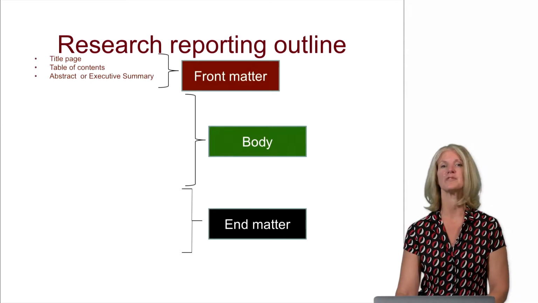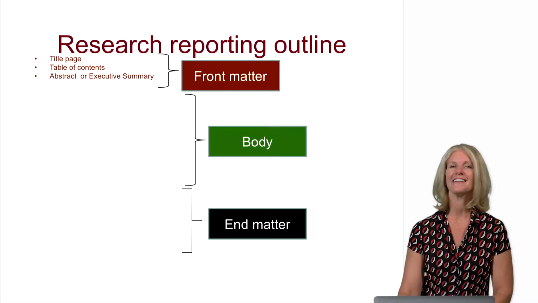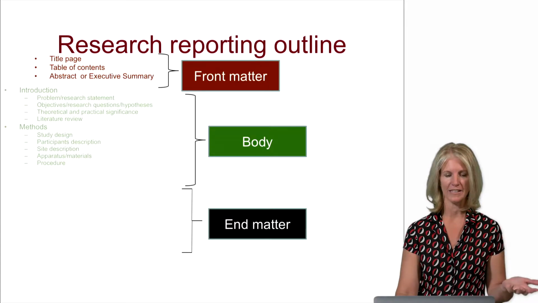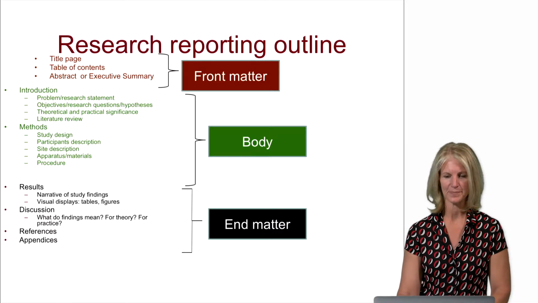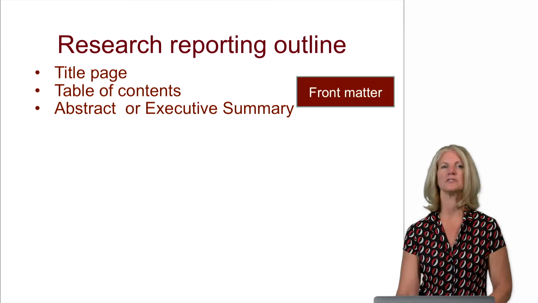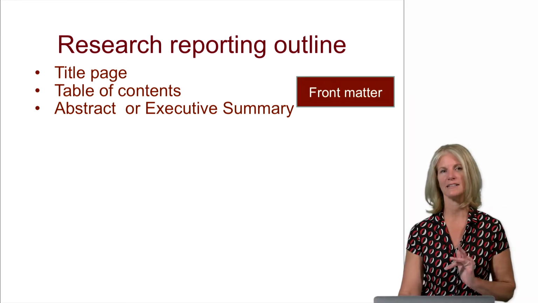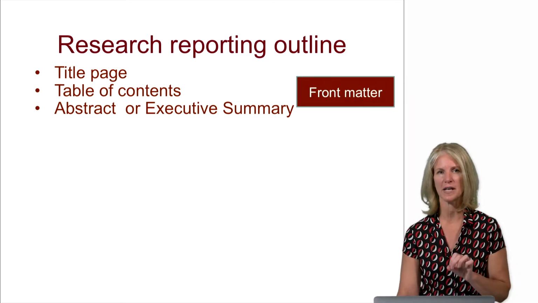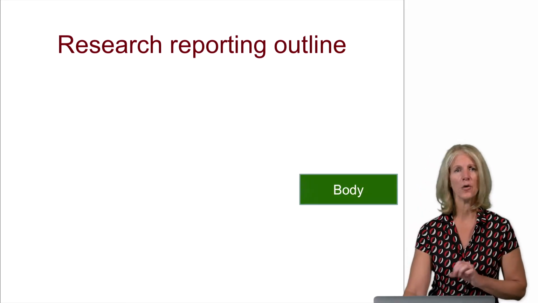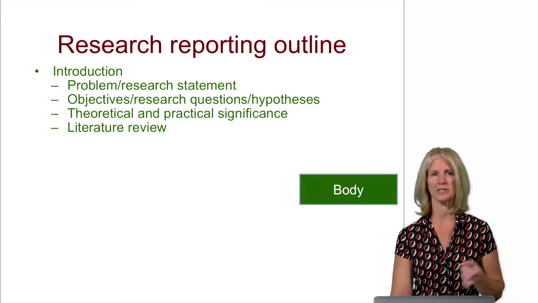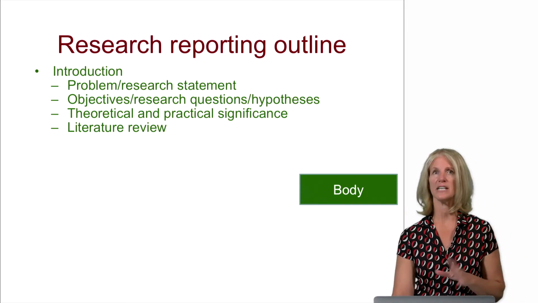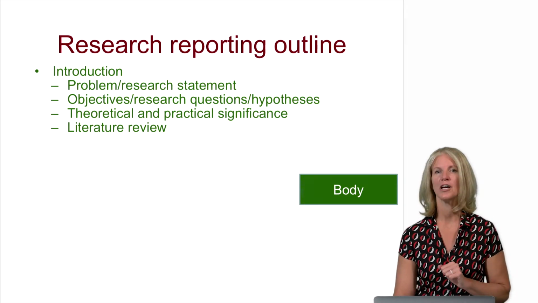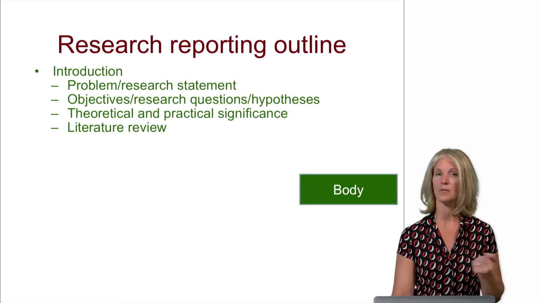So regardless of the type of research report you encounter, oral or written, the outline will be similar. You'll have some sort of front matter, the body, and end matter. Now, the front matter includes the title page, the table of contents, and an abstract, or you might see this called an executive summary. The body, or main part of the report, includes the introduction, which includes many pieces, such as a problem or research statement, which you'll be writing, the objectives, research questions and/or hypotheses about what you'll find,